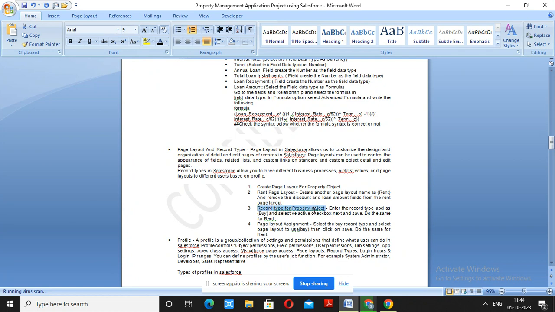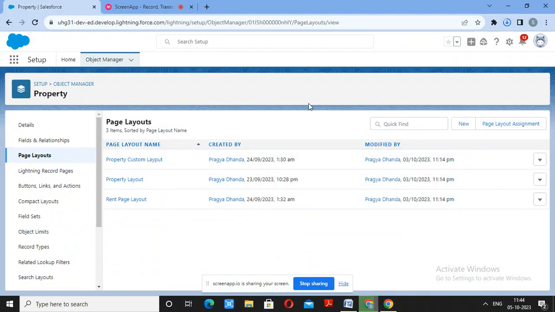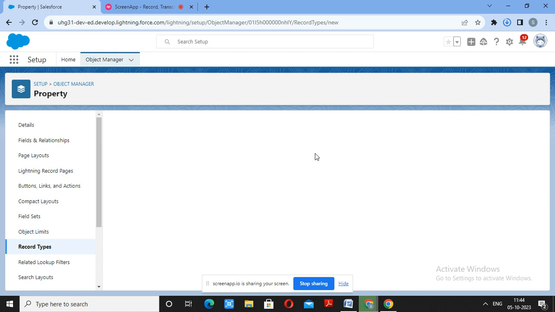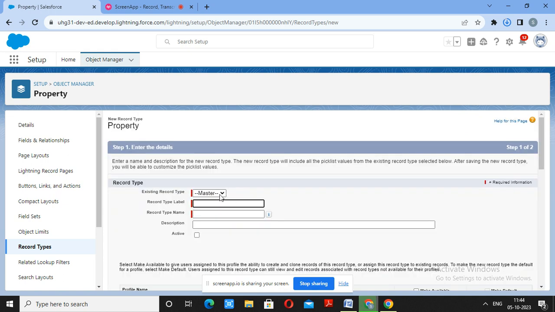Then the record type for the property object. We have to give the record type. So here you can see there are record types. These are the record pages which you can give to the property object here. I've already made this. If you want to create a new record type, select the existing record type, or you can give a new label. Suppose buy, rent,